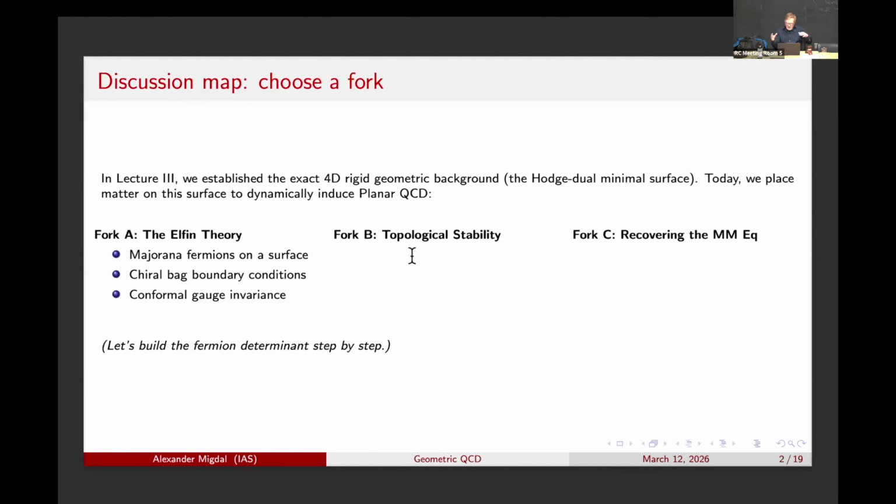You could make it either the theory of fermions on a flat surface, with a certain anomalous term in the Lagrangian, or the theory of the fermions on a curved surface with the appropriate Dirac operator on a curved surface. A remarkable symmetry. That's one theme. Another is that this particular system, Majorana fermions on a surface, specifically on a Hodge dual surface,